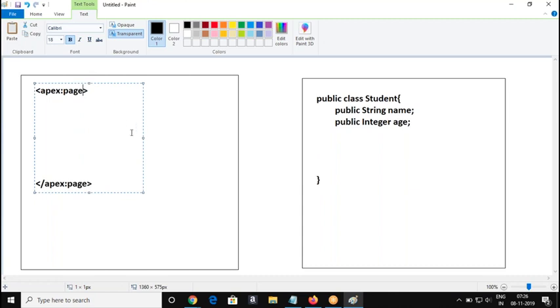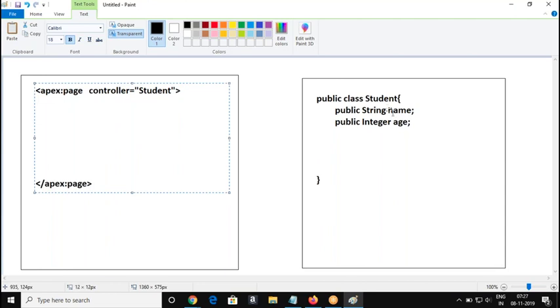The first rule, we're going to associate this Visualforce page with this class. So how are we going to do it? We have an attribute in the page component called the controller attribute. There you are going to refer to the custom controller, which is your Apex class Student, right?